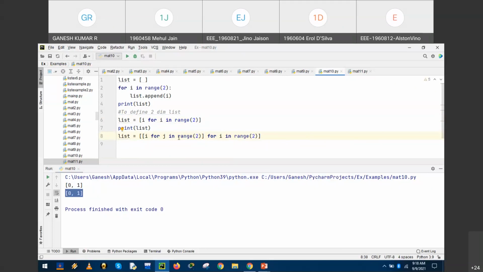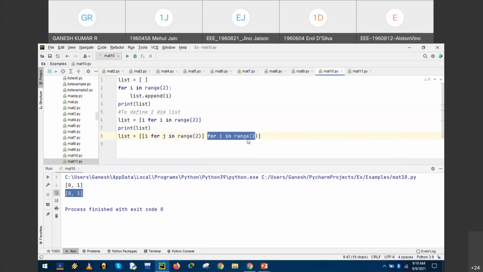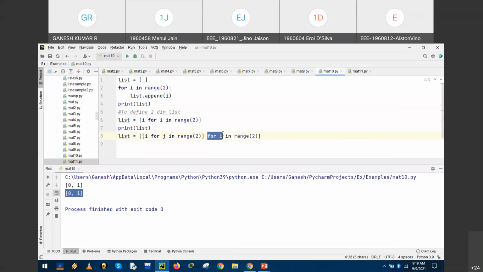So i for j in range of 2 represents the column values, inside for i in range 2, that is the row representation. Is it clear? So we have repetition of row representation and column representation.